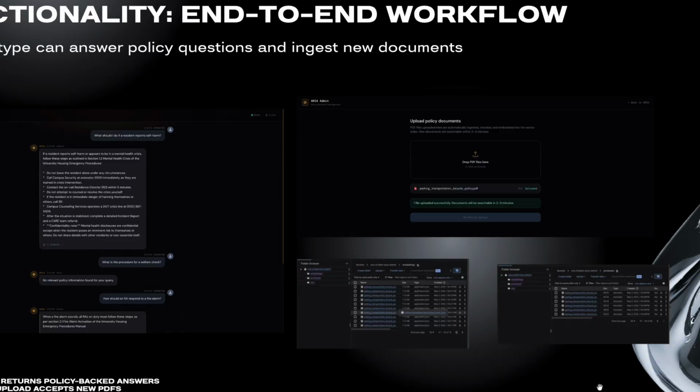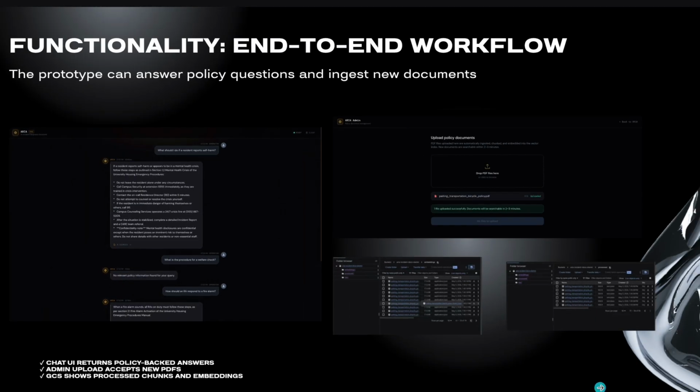All right, in this slide, I'll do a quick demonstration of our application's workflow end to end. On the left, we can see the chat interface shows that the system can respond to realistic policies. It can respond with grounded policies. And then on the top right, we can see that the admin page shows a new PDF document can be uploaded into the system. And then at the bottom right,